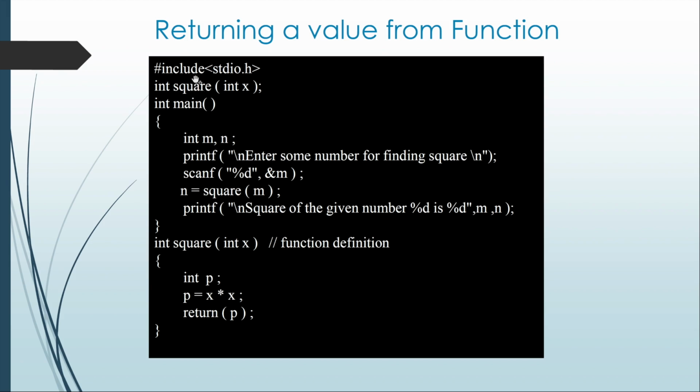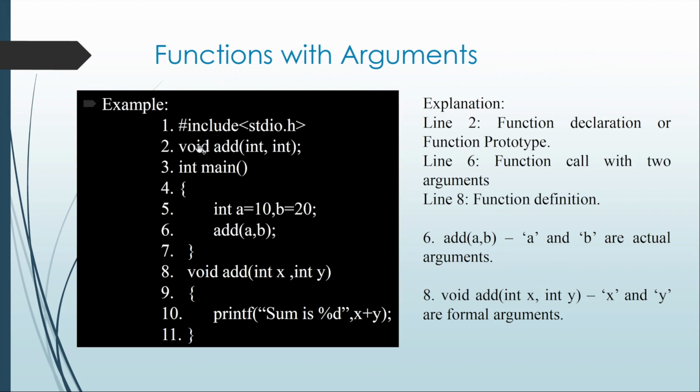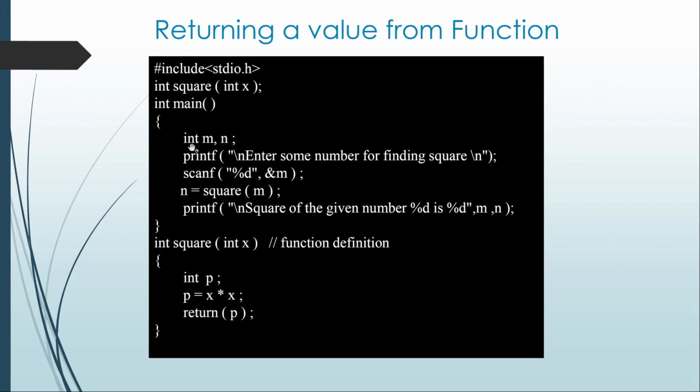So let's see another function with returning a value. Here, #include <stdio.h>, and this is the return type I told you about. So far we have seen some programs with return type void, but here we are using a return type of integer, because in this function I'm going to return a value that is an integer. So I'm using the integer data type here, int square, and it is going to accept one